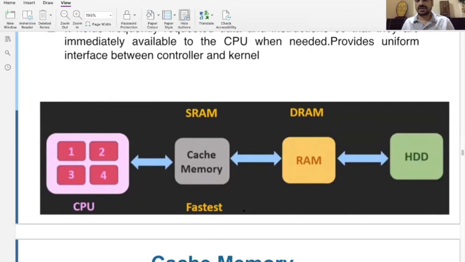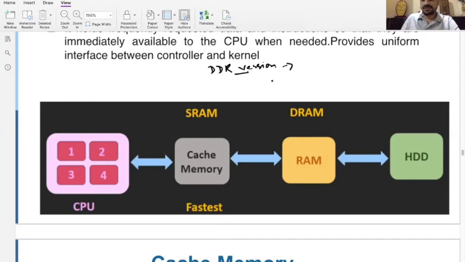Let's go and see this particular architecture. So let's say we have some high-speed RAM like DDR RAM, DDR 1 point something and 2 point something. There are many versions of DDR, and some of the versions are very fast, and this may match the speed of the CPU. But you know that